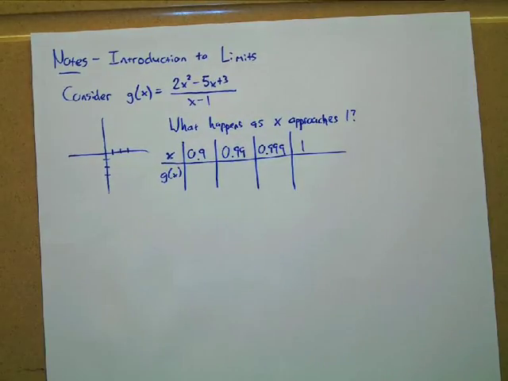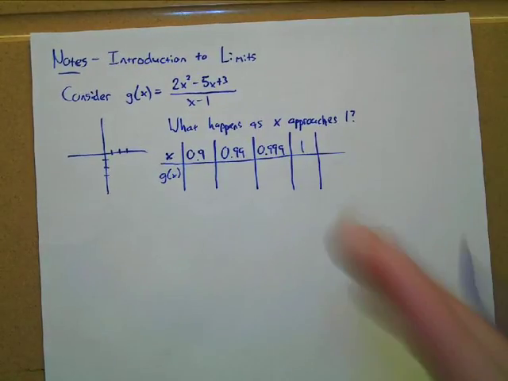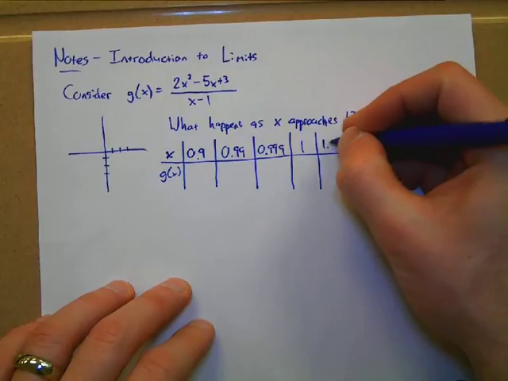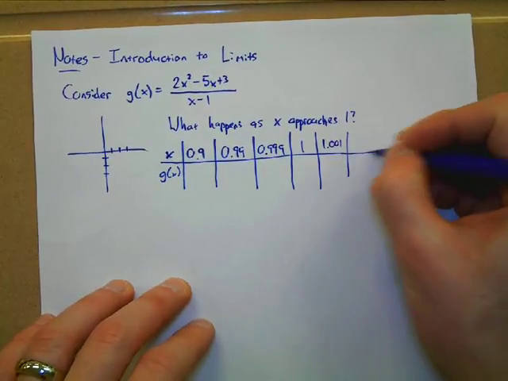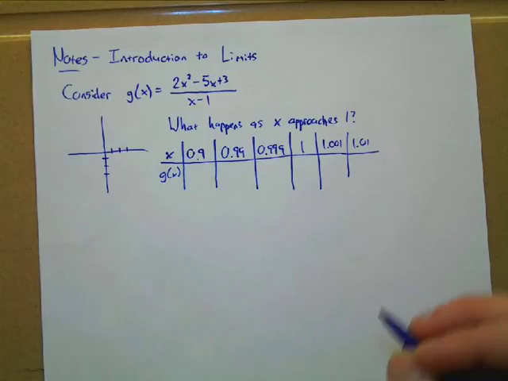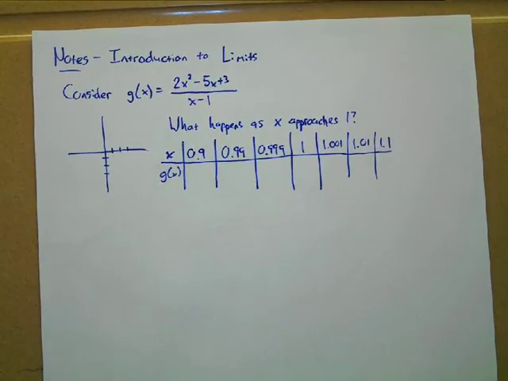And we can also approach 1 from the right-hand side, from values that are greater than 1. Just a little bit greater than 1 is 1.001, and then we could try 1.01. That's a little further away from 1 still, and then we could go even to 1.1, for example. We already know that at 1 we're not really sure what's happening, because we plug 1 in and it gives us an